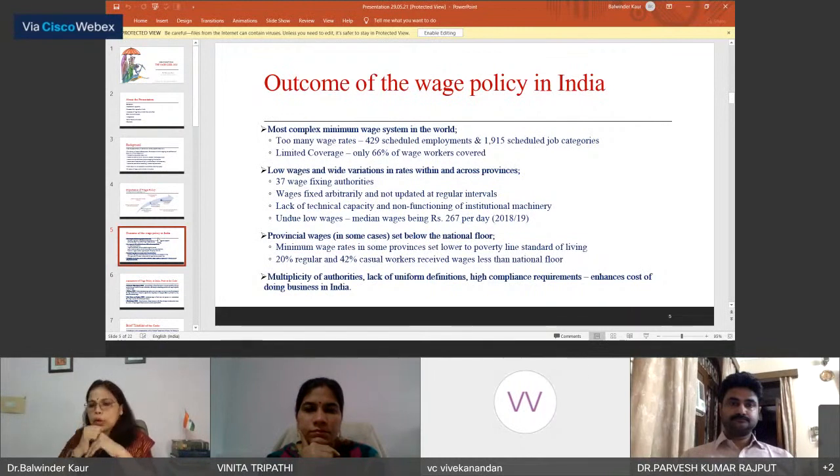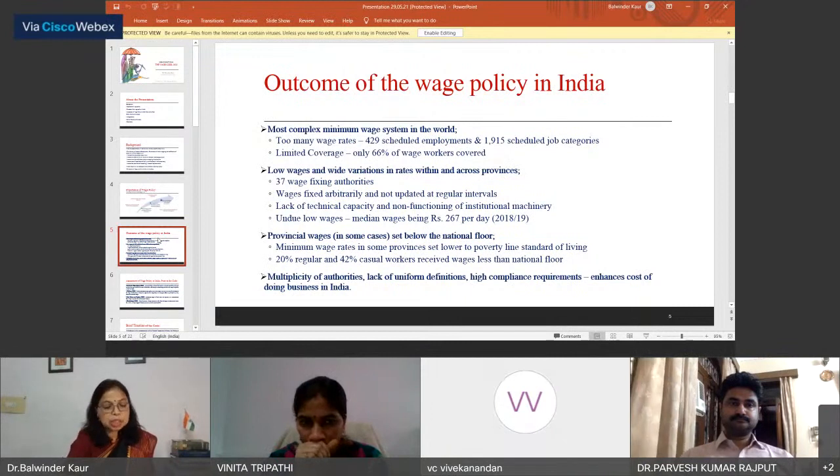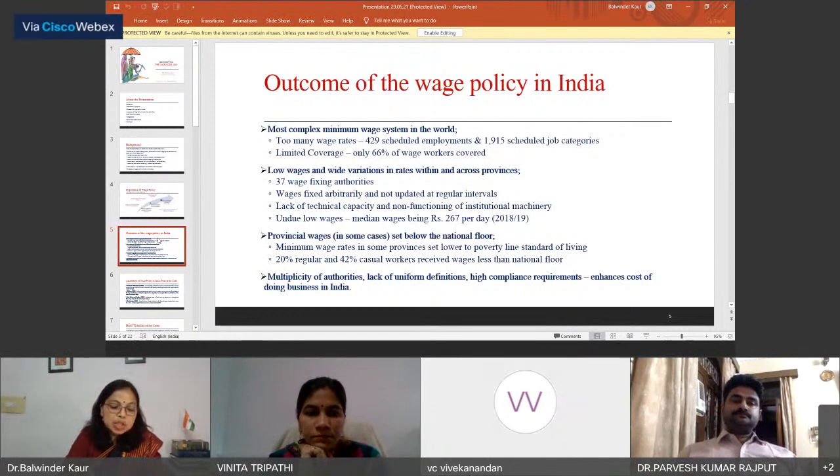Now, why do we need a code on wages, why was there a need for codes? India inherited the labour laws from the British rule, and changes in the labour laws were very slow until liberalization touched India's boundaries in 1991. It was the Second National Commission on Labour, which was set up in 1999, that suggested rationalization of existing labour laws. The National Commission on Labour submitted its report in